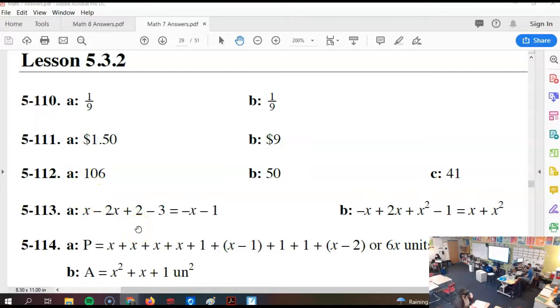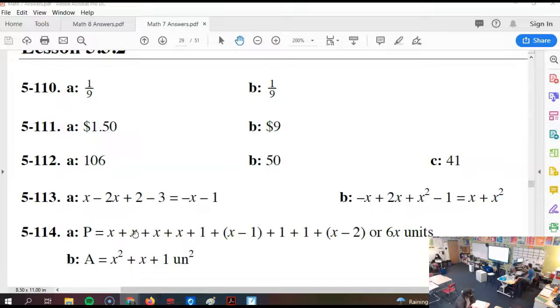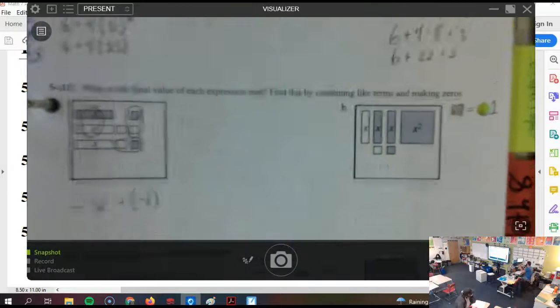So 532, any last requests? Antonella. Which one? Sorry, you got to speak up. Which one? 112. That was one of our order of operations problems. This deals with exponents, or what we nickname powers.